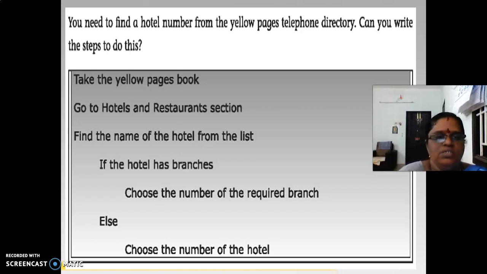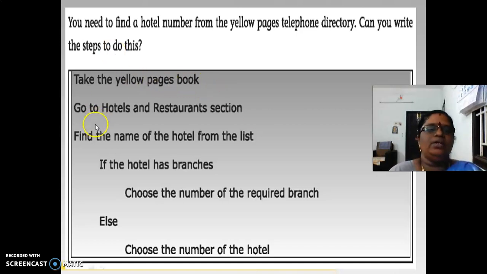Got it? Yes, children? I hope you all completed these book activities. Only fill in the blanks and choose the remaining, I think so. In the recap session, we'll see it in the next video.